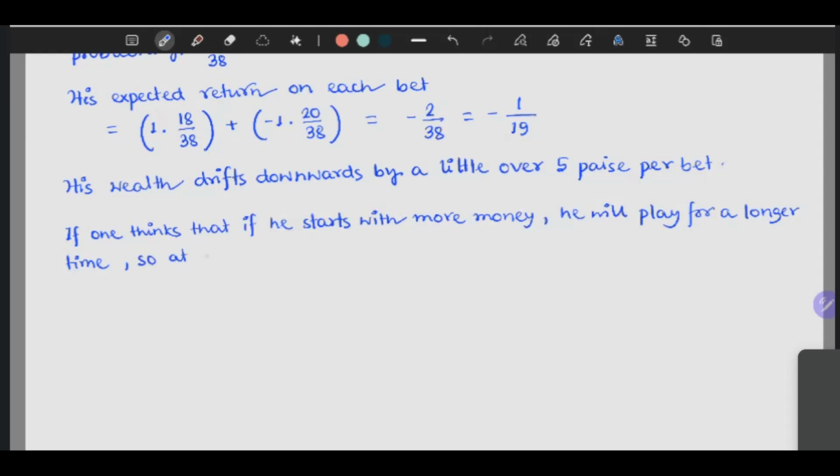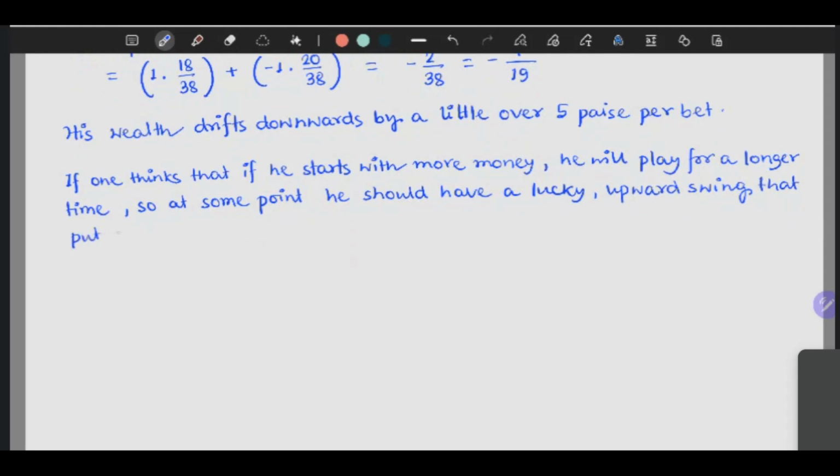so at some point, he should have a lucky upward swing that puts him 100 rupees ahead. Okay,